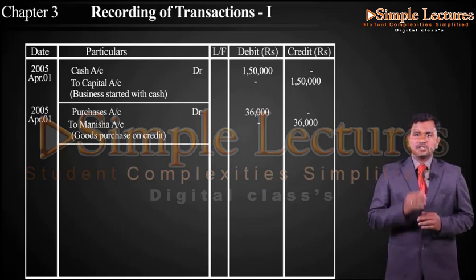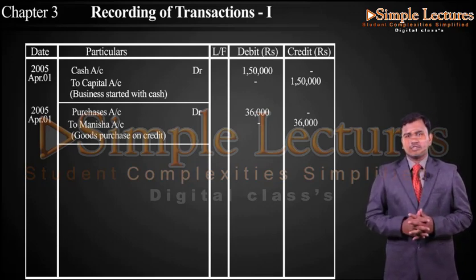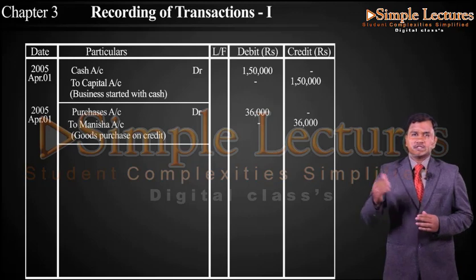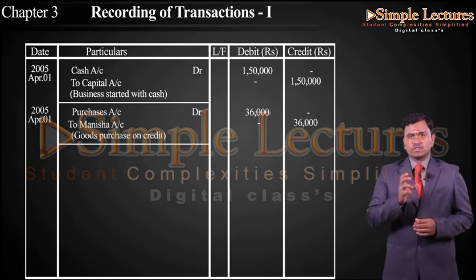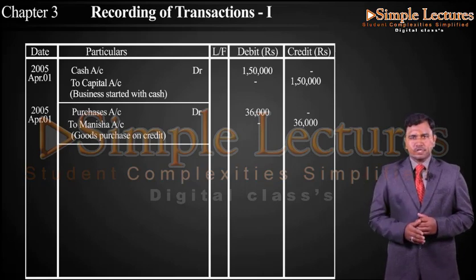1/4/2005 stationery purchased for cash rupees 22,200. So here the stationery was purchased. Okay, so we are going to follow the real account rule here: debit what comes in, credit what goes out. So the entry will be like this: